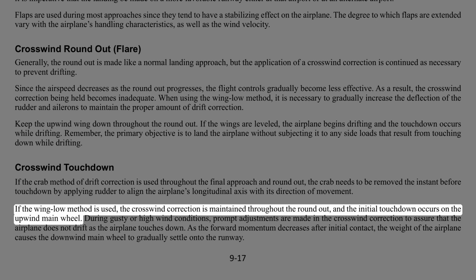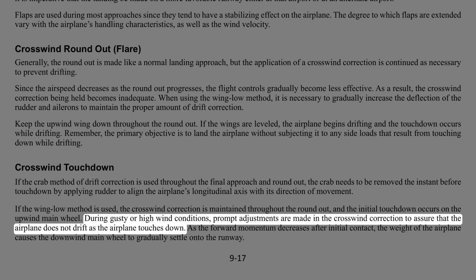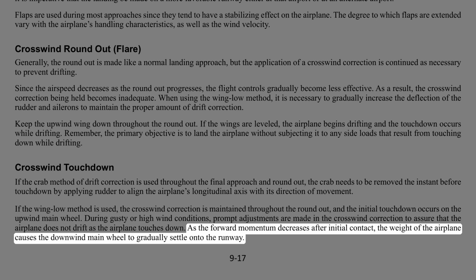If the wing low method is used, the crosswind correction is maintained throughout the round out, and the initial touchdown occurs on the upwind main wheel. During gusty or high wind conditions, prompt adjustments are made in the crosswind correction to assure that the airplane does not drift as the airplane touches down. As the forward momentum decreases after initial contact, the weight of the airplane causes the downwind main wheel to gradually